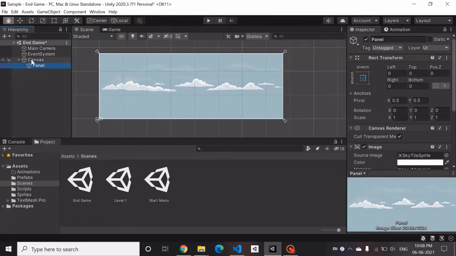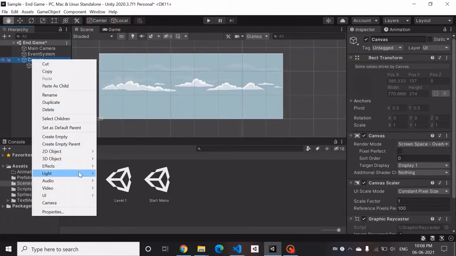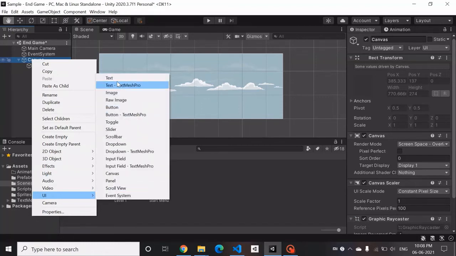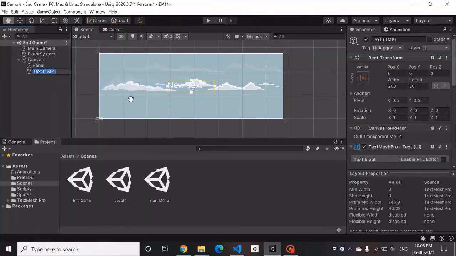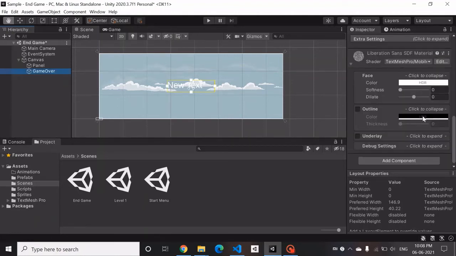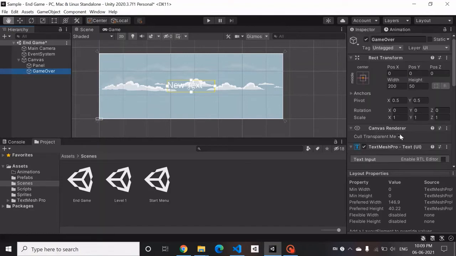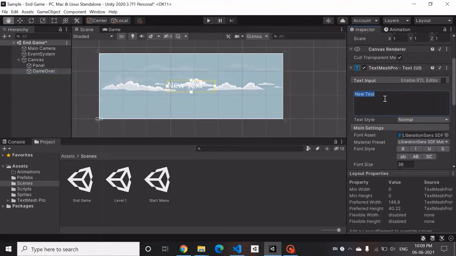For that we'll add some text. In the text box, position it properly.